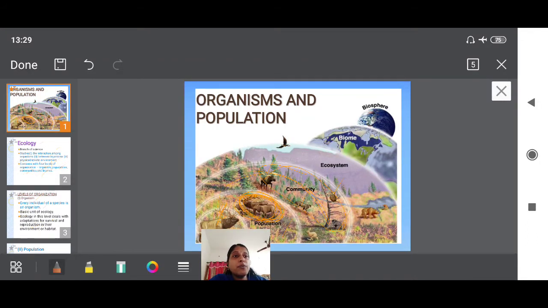Next is your biome. Before going into this, ecosystem. Abiotic factors also come into place: animals with water, air, everything. Then we call it ecosystem. And when these ecosystems are confined to one particular area and are determined by temperature and rainfall, becoming bigger in size, all these communities club together in one particular climatic zone, then we call it biome.